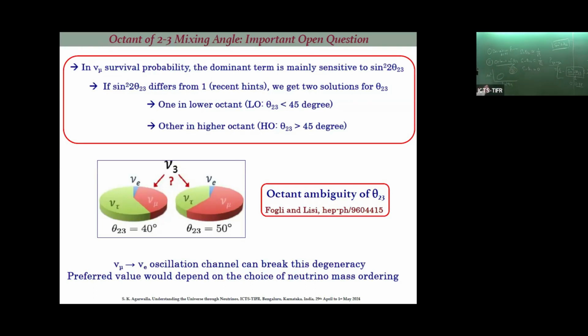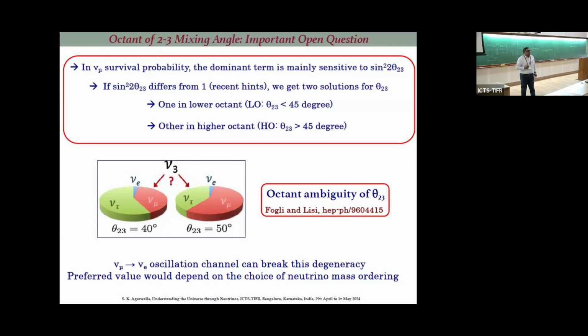So the third question that comes is precision in theta 2,3. They are connected a little bit, but I always think this should be the pattern, this should be the sequence. Any questions? Any questions? Clear? So this is the phenomenology of theta 2,3. We are actively working on that. You are most welcome to work on that. Some of you are also working on that.